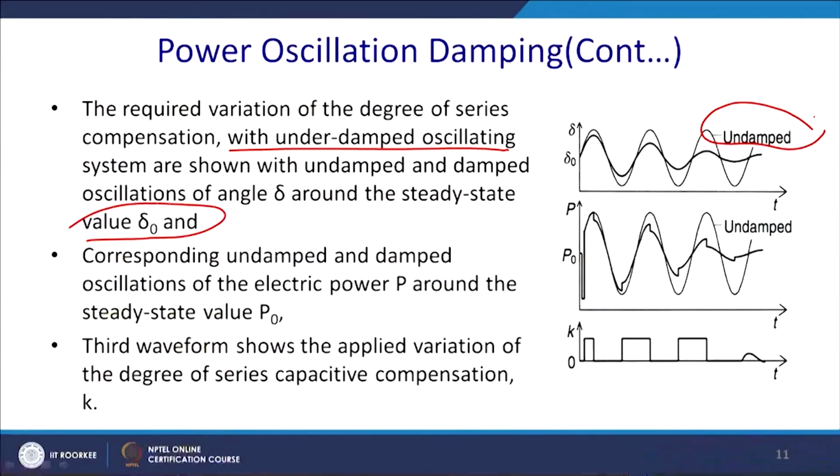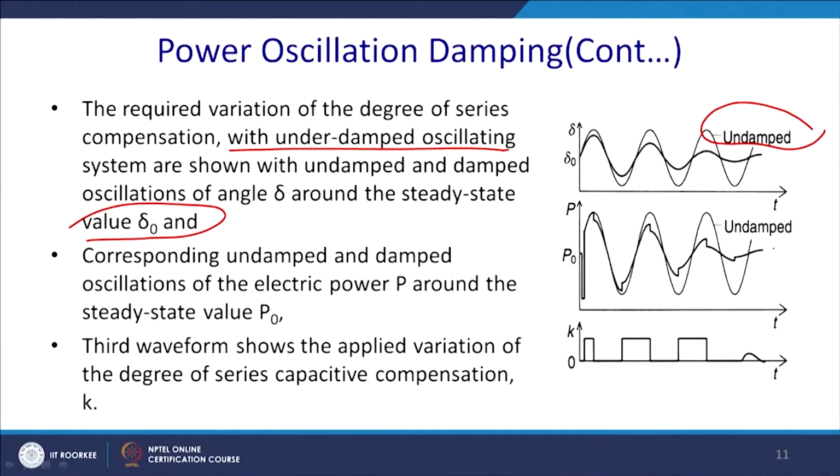There is of course a damper winding in the alternator, but FACTS can also do the damping by switching. So, we can gradually damp out the oscillation. That is something we will be discussing when we talk about the series compensation devices. So, this is the undamped one and this is the damped one. Gradually it will reach the steady state value delta 0, where it is required to settle,